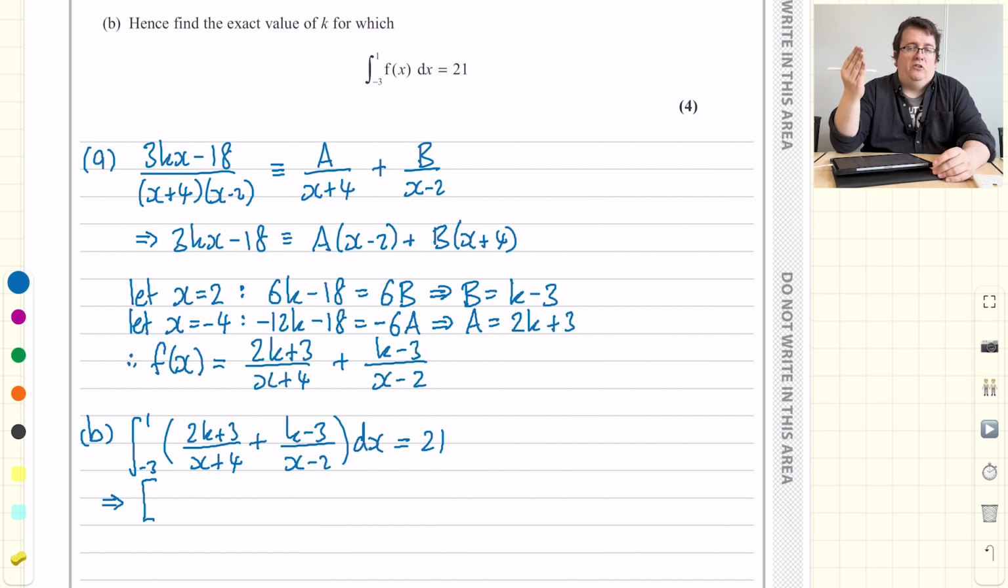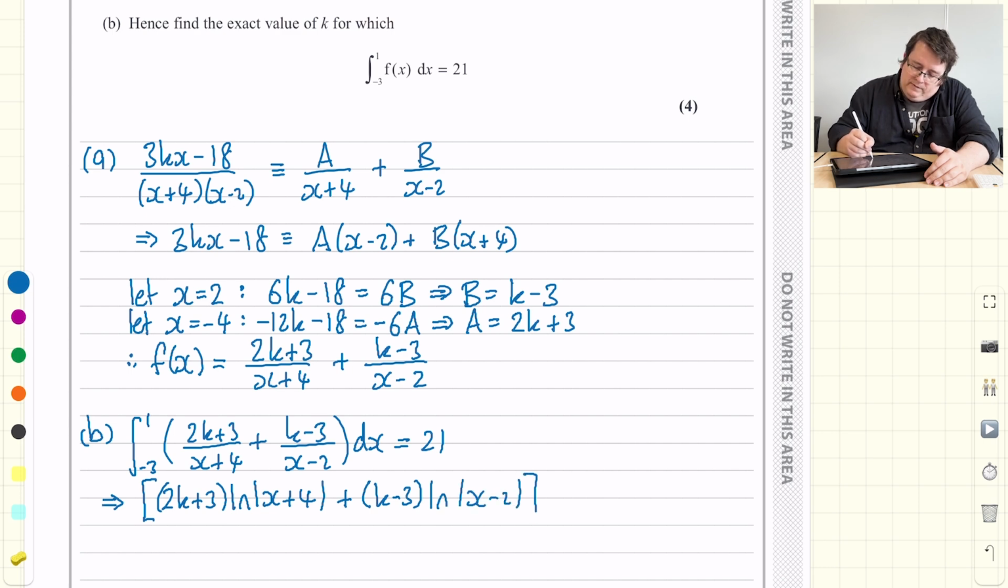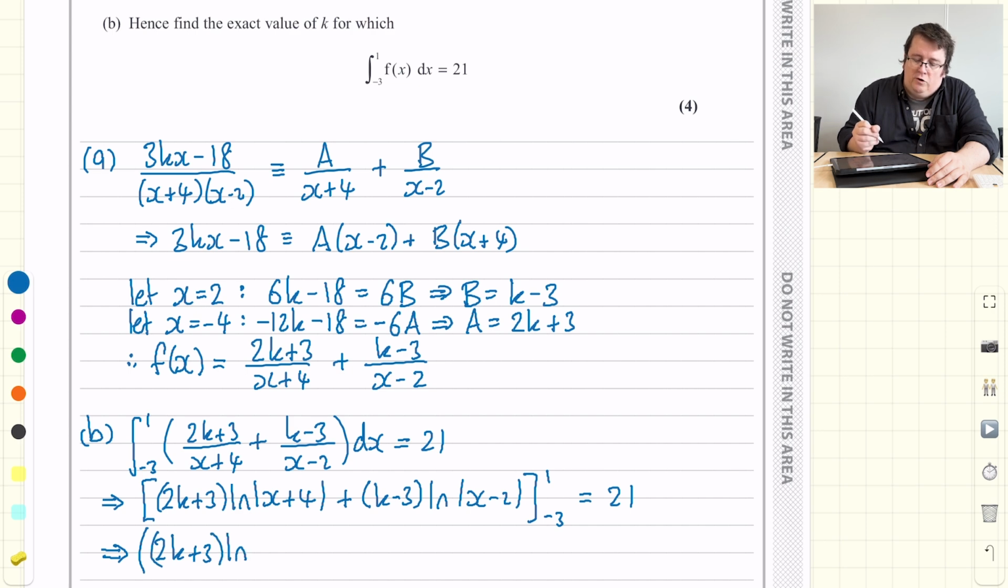So if you've got 1 over x plus 4, that integrates to the natural log of the modulus of x plus 4. So we'll have 2k plus 3 times the natural log of the modulus of x plus 4. And likewise, plus k take away 3 times the natural log of the modulus of x take away 2. Evaluated between minus 3 and 1, and that's got to be equal to 21. So let's start substituting our limits in. So substituting in 1, we're going to get 2k plus 3 times the natural log of modulus of 1 plus 4, so log 5,